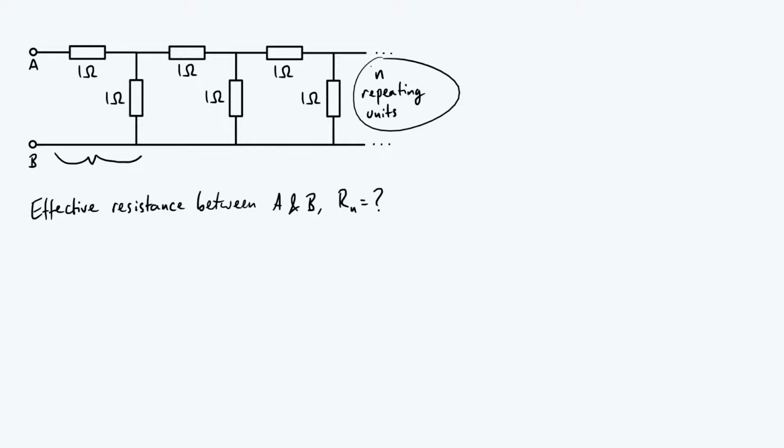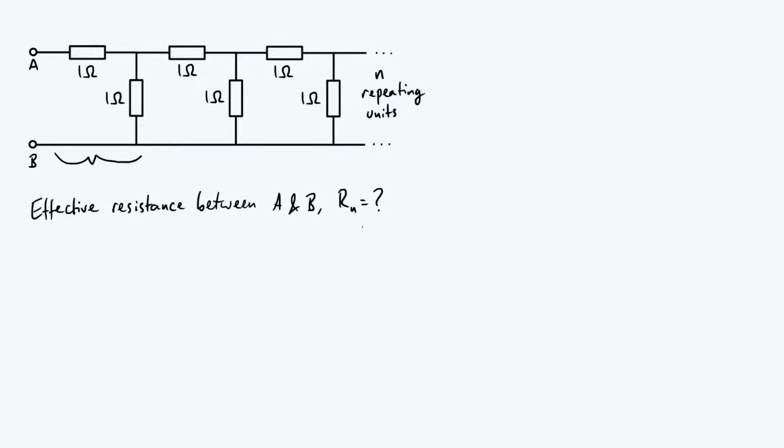As it turns out, this problem is fairly straightforward to solve if n is infinite. That was something that I talked about in my last video, but it turns out to be much more mathematically involved to handle the case of finite n. So we need, of course, to set up an equation for Rn, which is what I'm calling the effective resistance